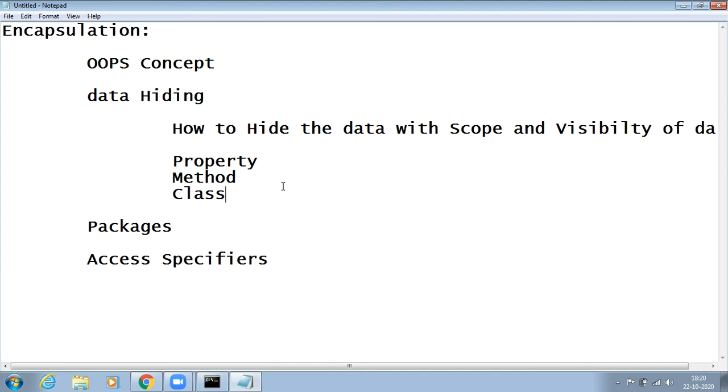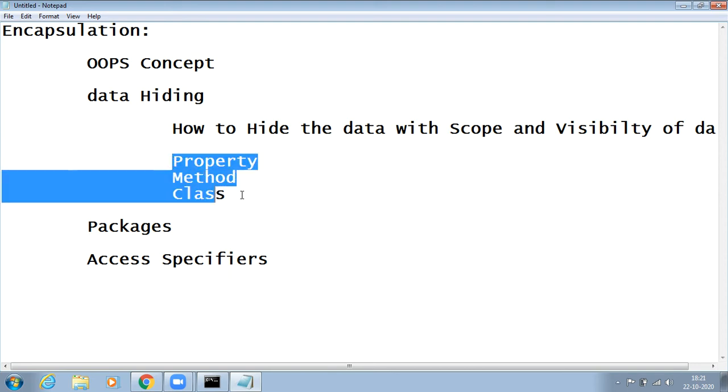Abstraction is all about hiding the functionality. Means we don't have any functionality for the method, and we will write the functionality in the class where I use that method.